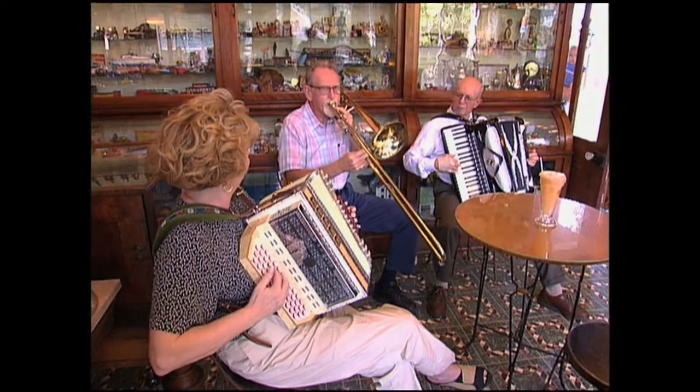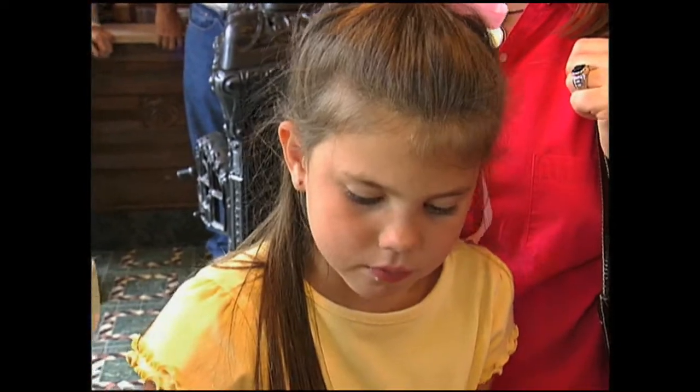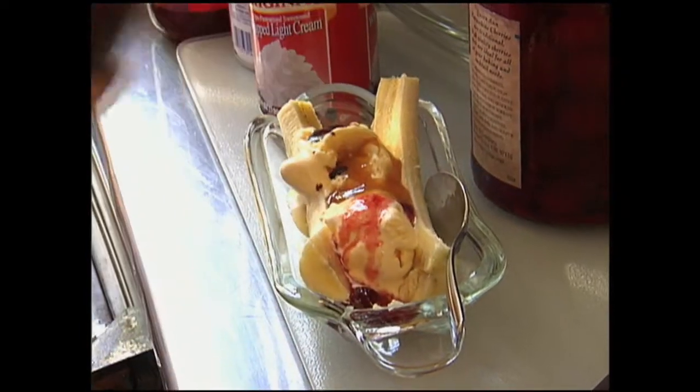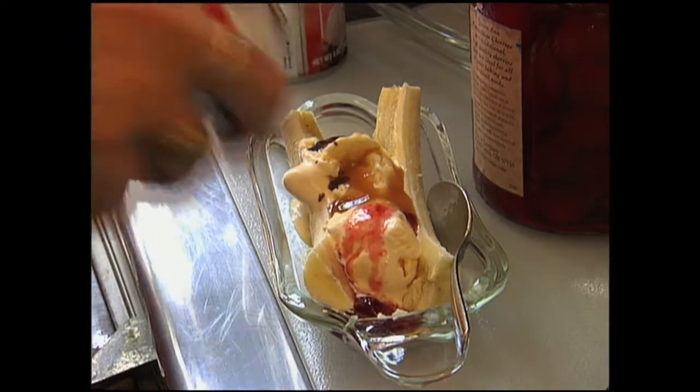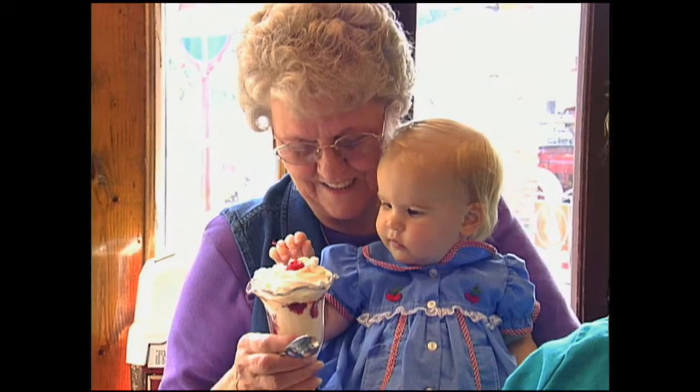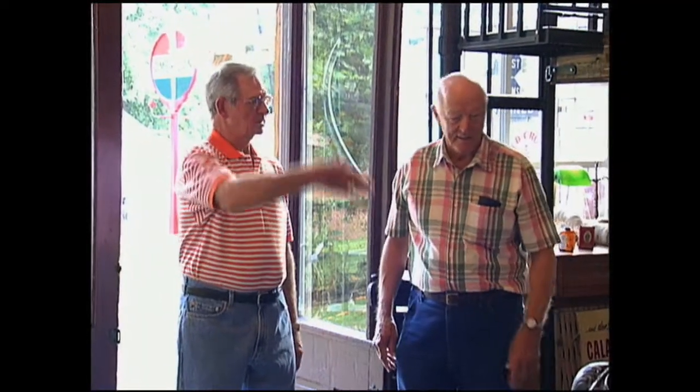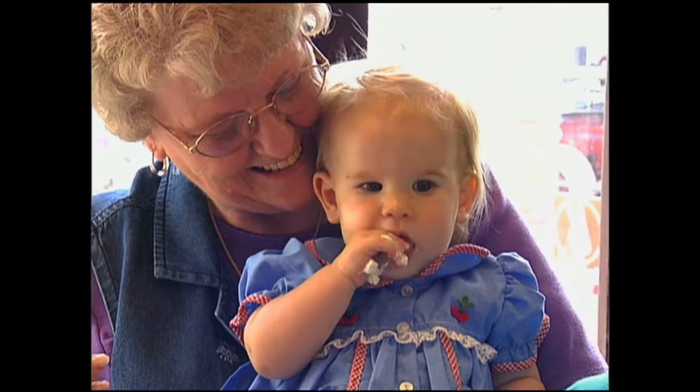Now this is Kathy's favorite place because she gets to make the banana splits. Okay, we got chocolate, caramel, and strawberry. With whipped cream, lots of whipped cream, and a cherry on top. Order up! This town is not only home to Mike and Kathy and to all their visitors, but also it's